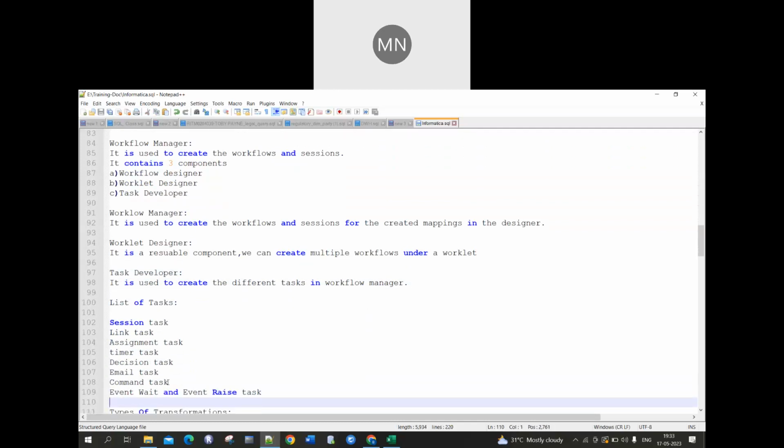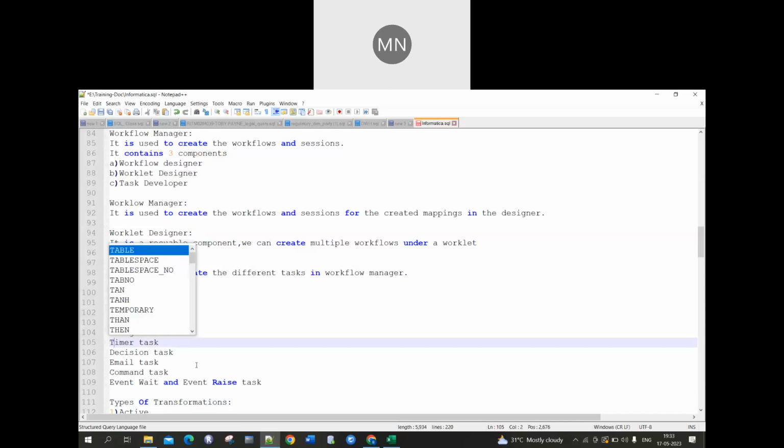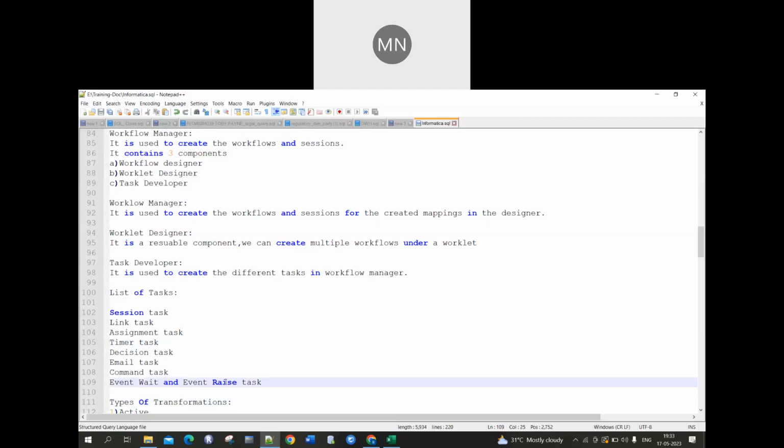These are the different tasks available at the workflow level: session task, link task, assignment task, timer task, decision task, email task, command event. Okay,